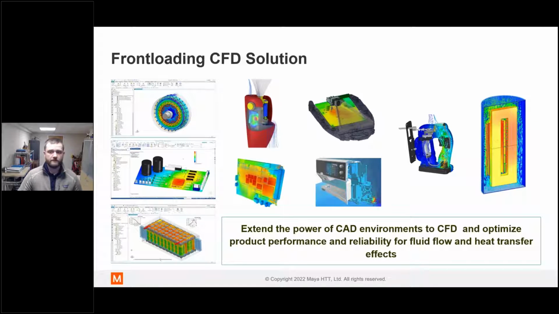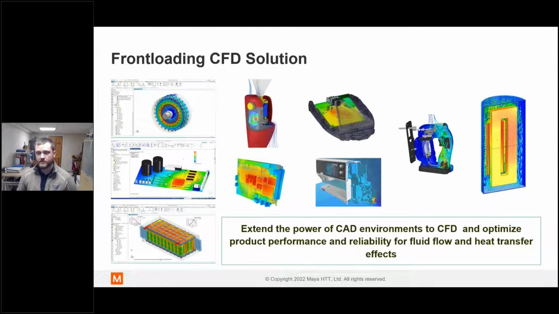In terms of an electronics application for front-loading simulation, what is FlowEFD and how is it applied to front-loading simulation? As I've stated previously, front-loading is the concept of performing your simulations early in the design cycle to maximize the impact and catch issues before late-stage validation. There are several features of FlowEFD that differentiate it from other tools on the market, and this slide aims to highlight some of the key features and functionalities.